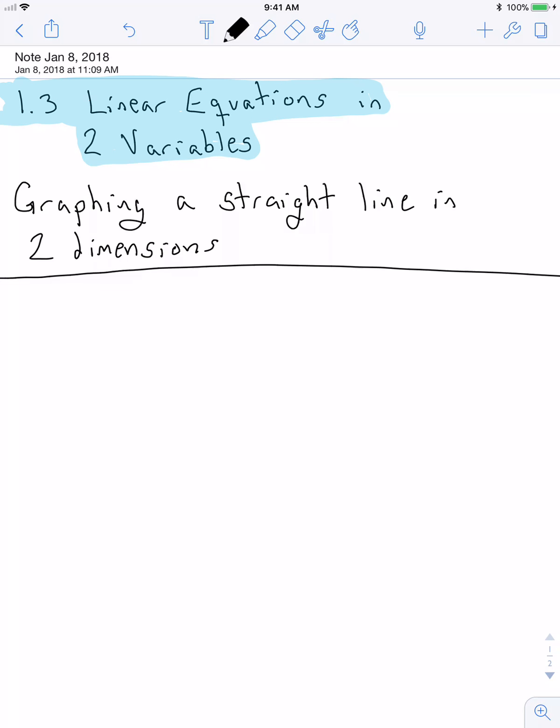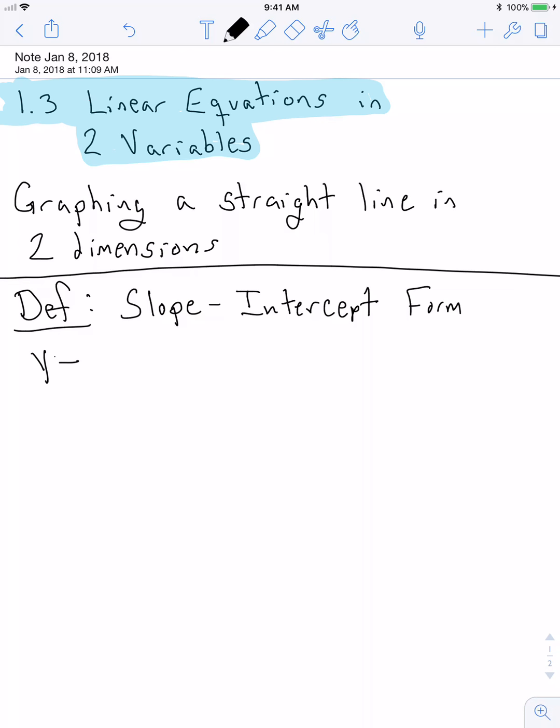So to start with, we'll introduce a definition called slope-intercept form. The reason we call it this is that we will use the slope of a straight line and the y-intercept to give a nice equation. The general equation for a straight line is y is equal to mx plus b,